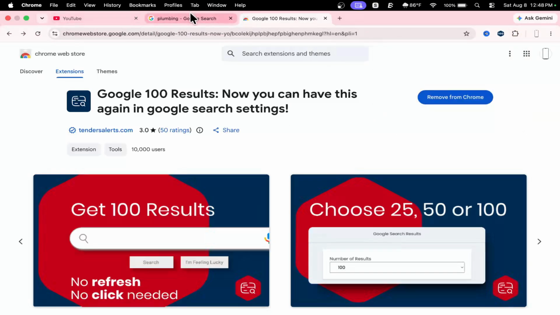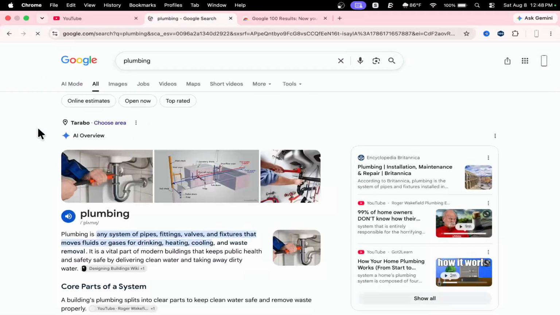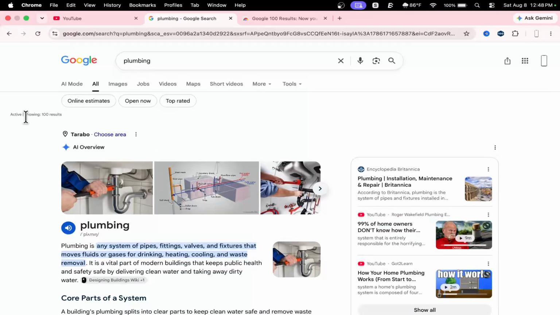So here we go, just type plumbing, then again search, then you can see it is actively showing 100 results. At the left corner you can see, if I zoom this screen,